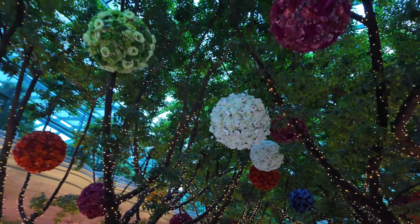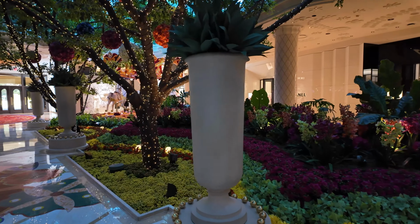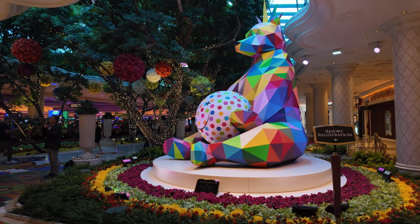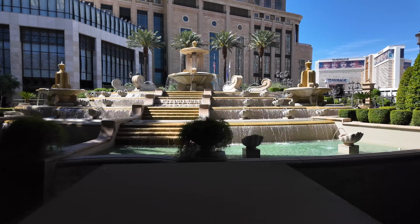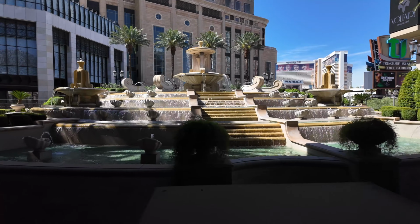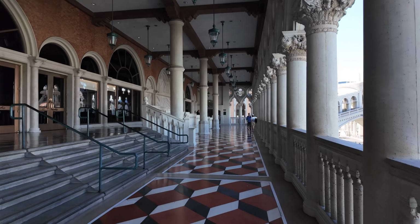And these high-end hotels like the Wynn here also have beautiful decorations on the inside, including a gigantic bear and his bowl. These are fountains outside, I think, the Palazzo Hotel, which I briefly walked through on my way to the Venetian, which I think is a popular tourist attraction for its beautiful architecture,